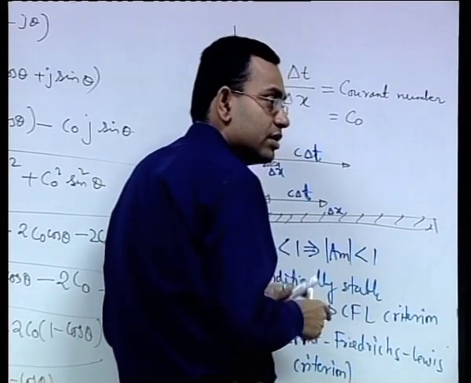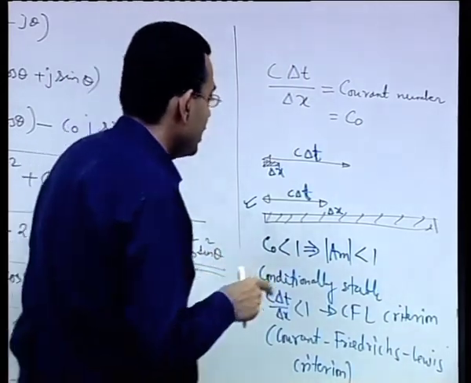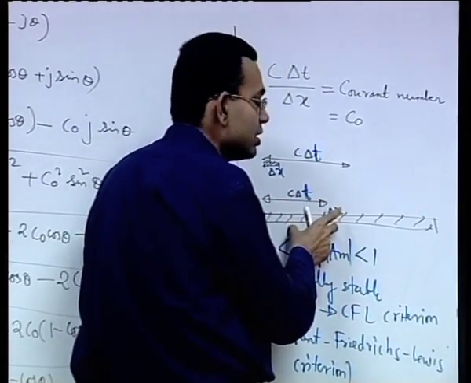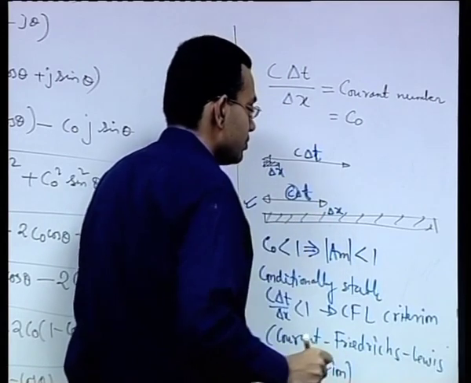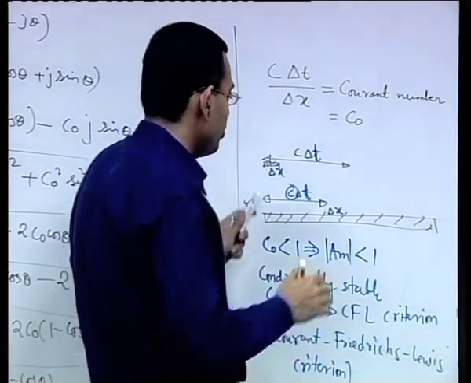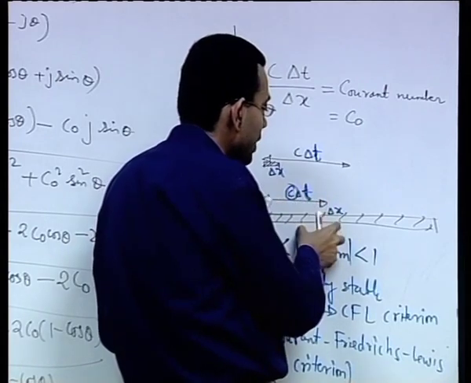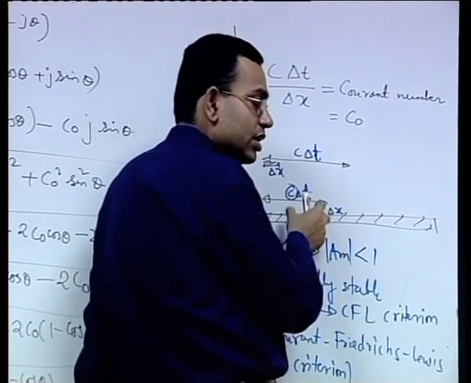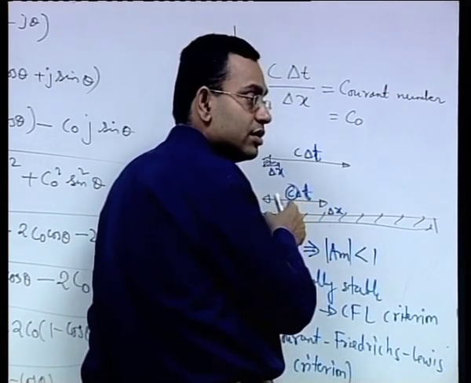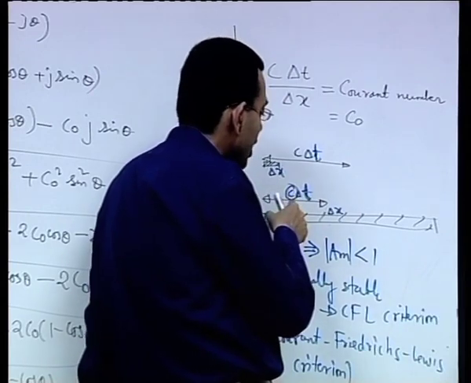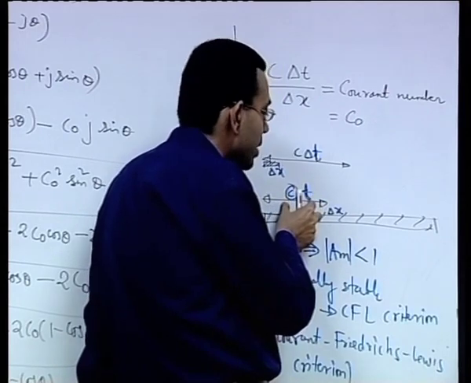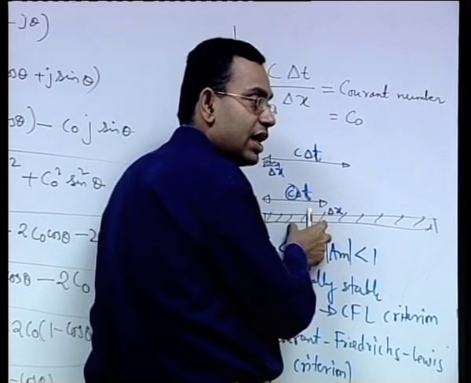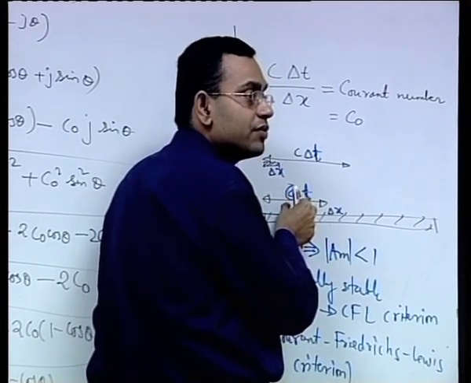Of course, you have to keep in mind that we are talking about this generically. What it means is that it depends on C. So, if you are really interested to compare these two, it depends on the value of C. What we have considered is that C into delta t has some absolute value less than delta x, but we have not considered the value of C.